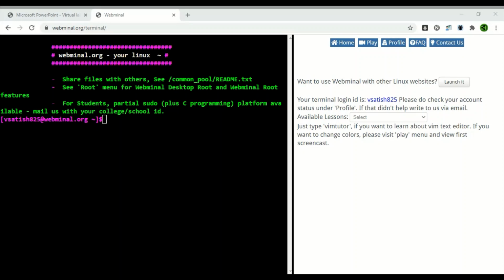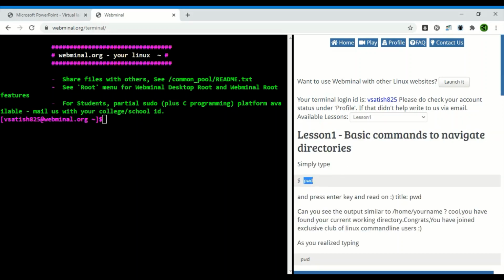As I said previously, this virtual lab is best for learning shell programming because it provides tutorials as well as a practicing platform side by side, so that you can learn from the tutorials and at the same time practice those commands in the terminal instantaneously like this. Not just through textual explanation and documents, Webminal has a special feature called Webminal Play, where you can learn shell scripting by watching screenshots and practicing in the shell platform at the same time. So now I want you to click on this play button.